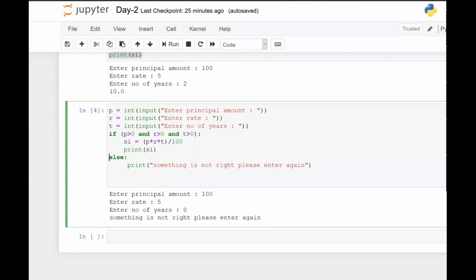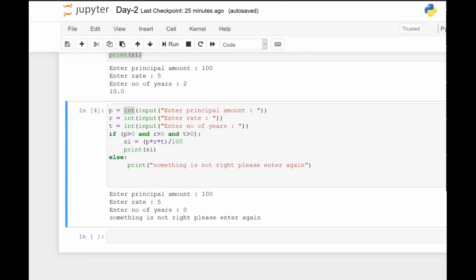Okay, let me just quickly check some more questions. Sir, rate can be float. Yes, yes, rate can be float. See, again, I'm saying rate can be float. Those are some of the changes that you can add. I'm just trying to help you, basically guide you how to solve these problems. All those changes you can add. Even principal can be float. So instead of writing int here, you can use float. This is one of the simplest solutions which I'm giving to you. You can make changes. You can think analytically and make changes accordingly. Okay.